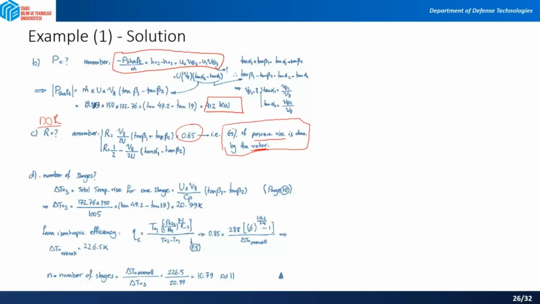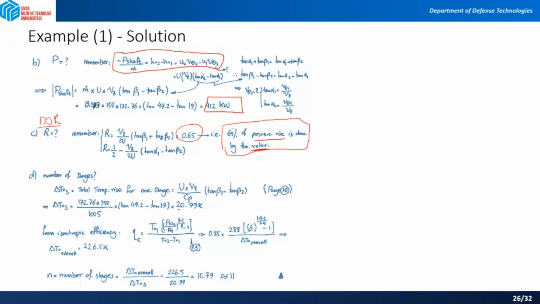And in the last part, it asks the number of stages. Actually, you have the total temperature rise for one stage equal to U times Vz over Cp times tangent beta 1 minus tangent beta 2. In my notes, it was on page 10, so that's why I wrote page 10 in here in my lecture notes. So you already have this delta T0 for the stage, and then if you calculate it,